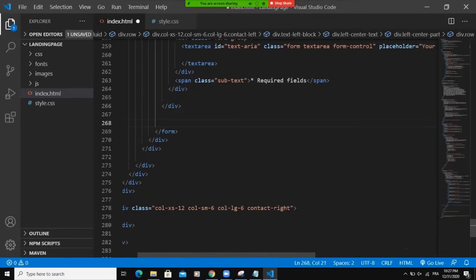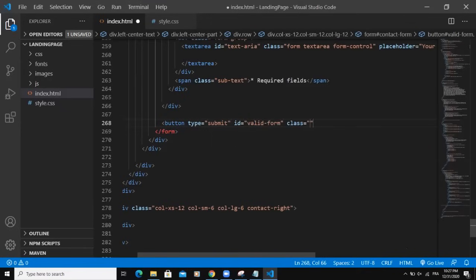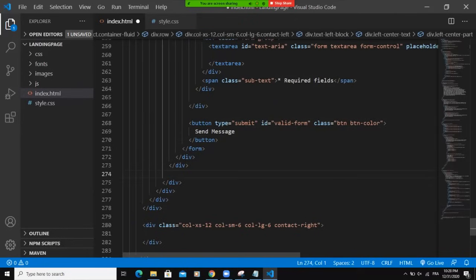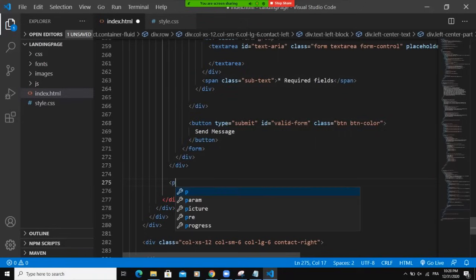So I'll come down here and say button of type submit. Okay, and of ID valid form, and the class button color like this. And the text that will show on the button will be send message, simply like that. That's okay. And then after we have added the button, we can add another paragraph tag and add a class